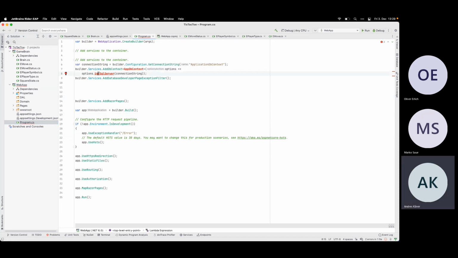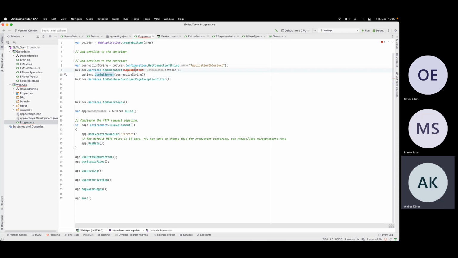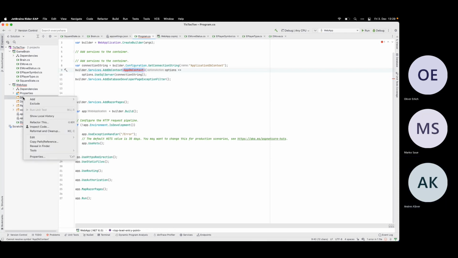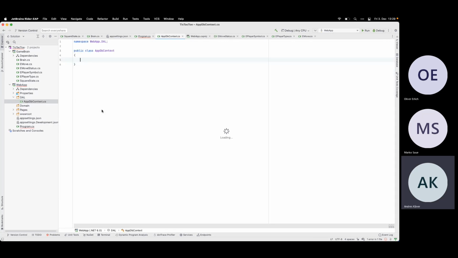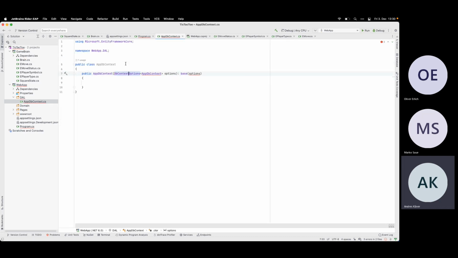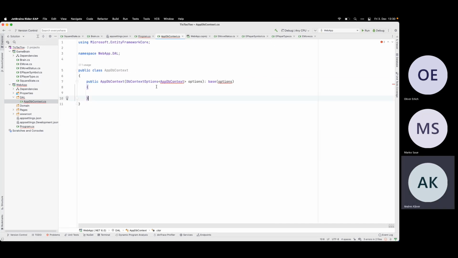And now I need my app.db context. Where is my old app.db context? I need this constructor here. And this one needs to derive from the DB context.